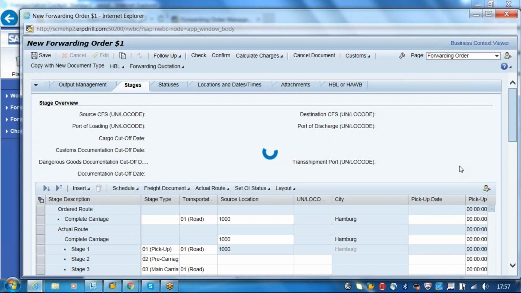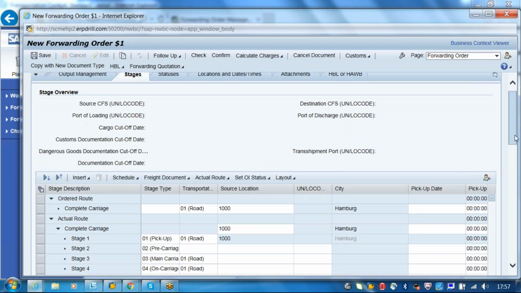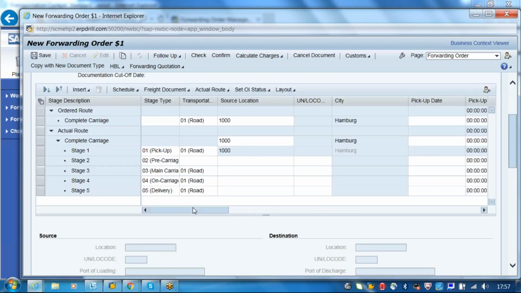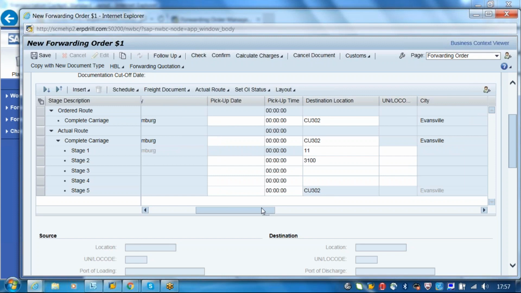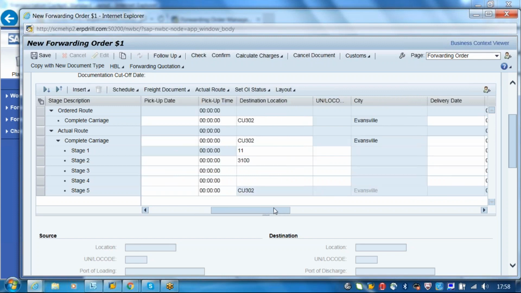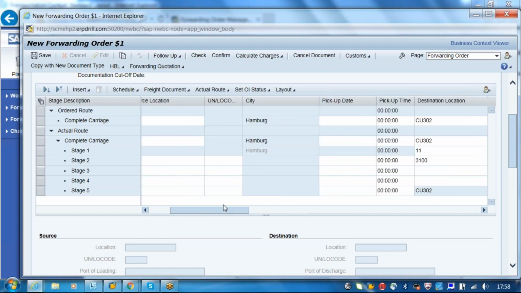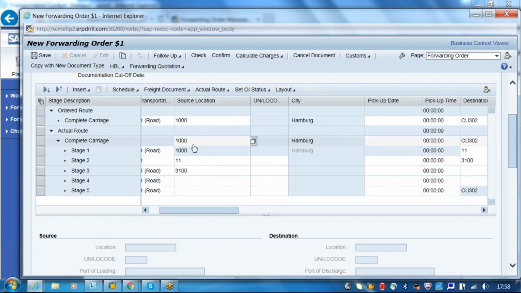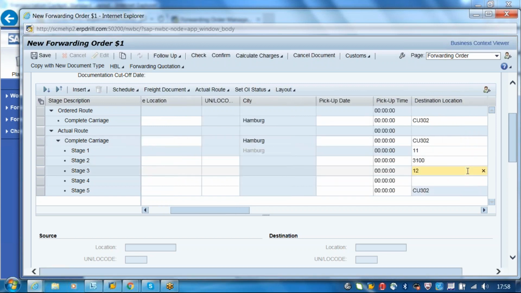I hope you are keeping some values in the freight order in the stages tab, right? Yeah, I'm entering the values. Okay, it's saying system is loading. Now I'll just enter 1011, 11 to 3100 and 31002. The next stage I can just put SR12 if it is there. This should determine automatically, right?